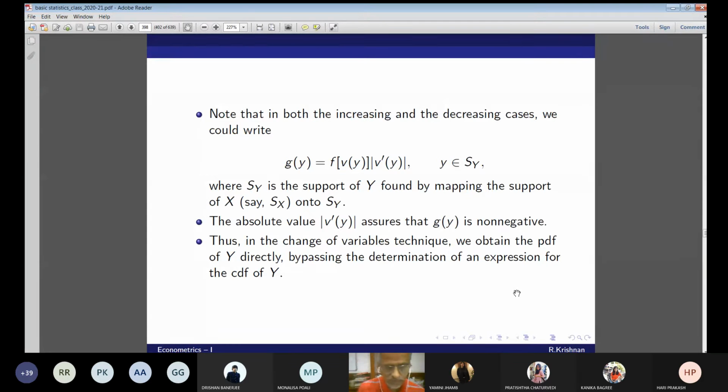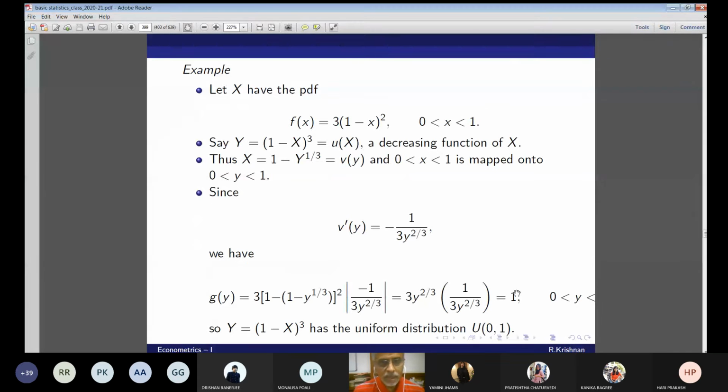So I have some 2-3 simple examples, and in the review questions, I'll send you some practice questions that are very simple, where you can very easily map from the support of X to the support of Y. But complicated questions I will not give. But you'll get the idea. Okay, now let's go to the next point. Try this. Is it okay? Go through this. It's very easy.